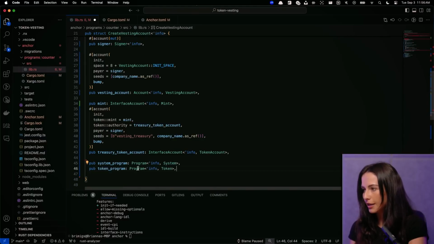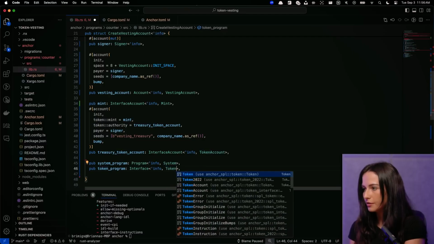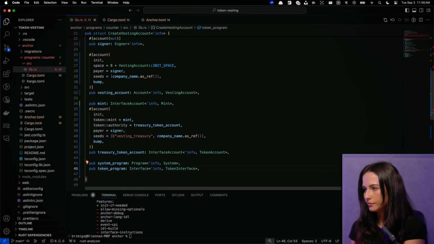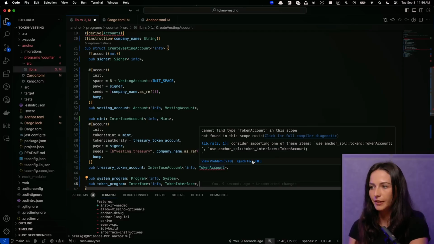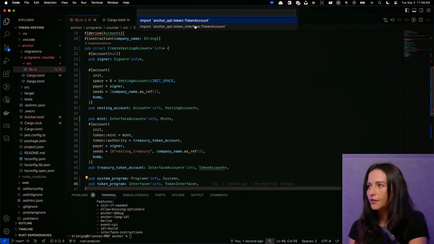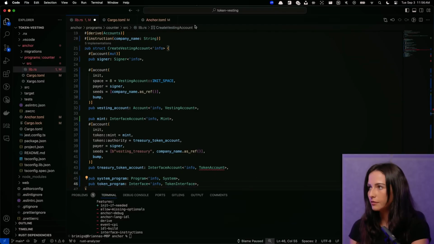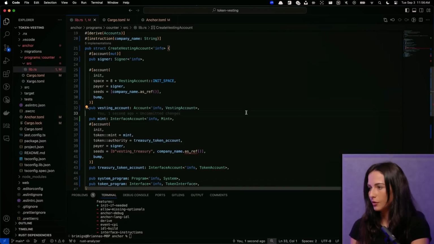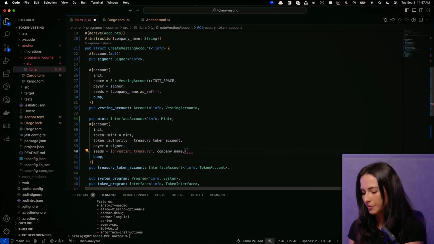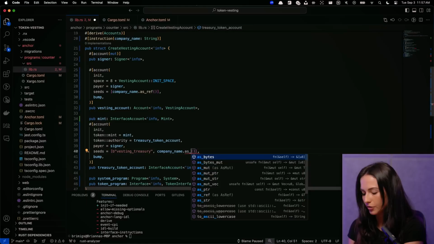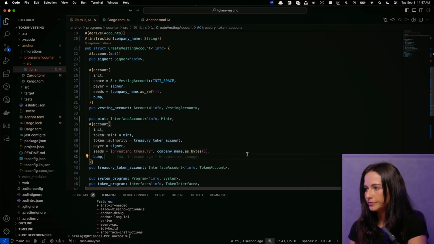And this token program is actually going to be an interface, and we're going to use token interface. And now you can see we have one more error left, and that is we need to import token account. So we'll just import that, and that's going to come once again from the token interface. Okay. And because we're using a string here with vesting treasury, we're going to update this. Instead of as ref, it's going to be as bytes. And that's everything for all of the accounts that we need for the first instruction to create a new vesting